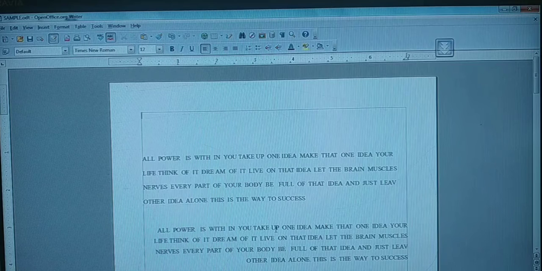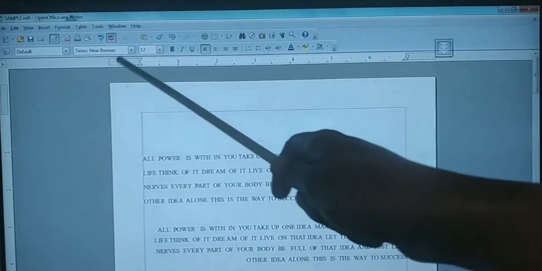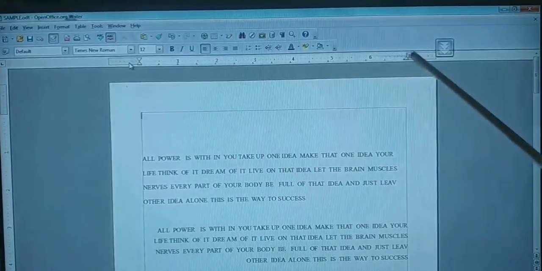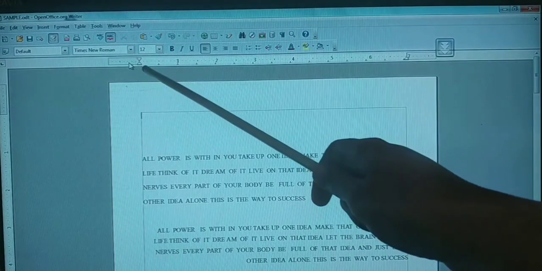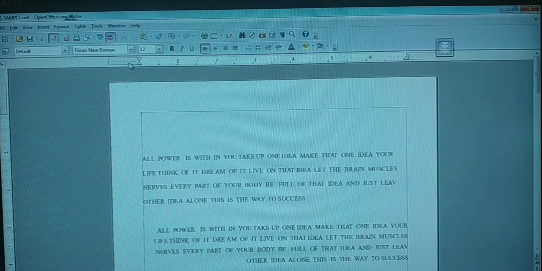It is how you are going to change the page margin. So you know there are 2 ways to change the page margin. The first one is by using the rulers, and the next one by using your page style dialog box. Yes, now we can see it is your ruler. First you must know where the ruler is. Yes, this part. Yes, this line is your ruler. So here only you are going to perform the changes. According to those changes only the margin will be set for you.